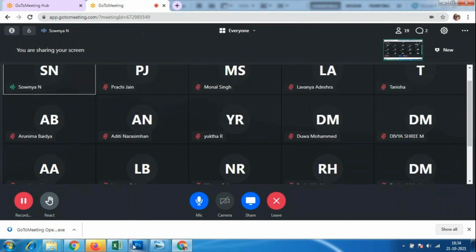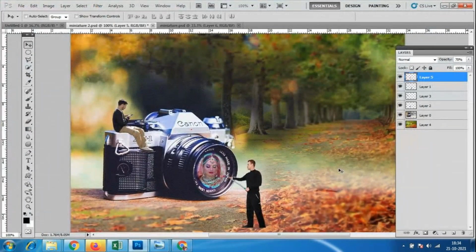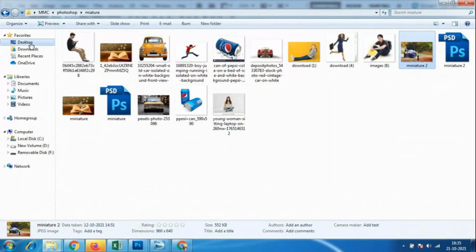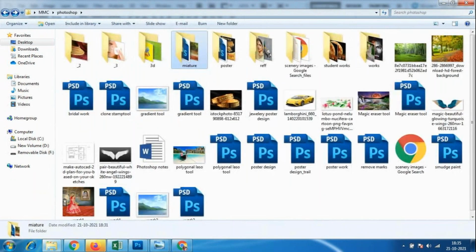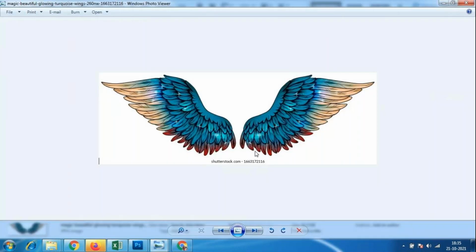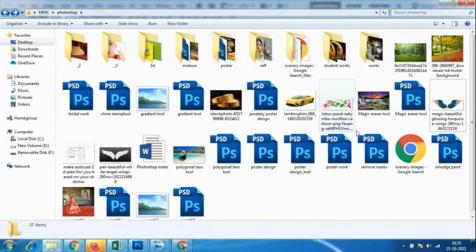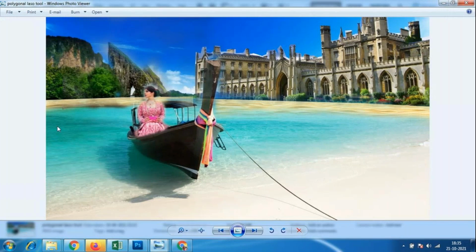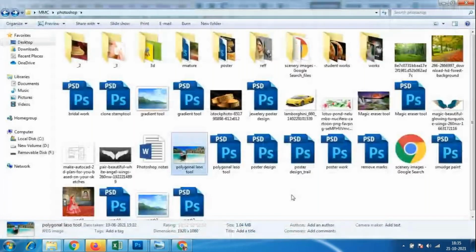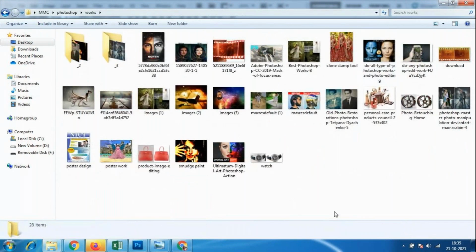So mainly for any of the things we have to do in Photoshop, I have kept the reference images over here. See, I have taken the image which is suitable to all kinds of backgrounds. See, I have kept the bangles image here, and I have kept these wings over here. So if I have to make a collage, I have to make a different kind of background. See, palace over here, the hills and the river. So to make the collage, we have to make different things related to that. We have to add the images. Then only it is possible, right? Otherwise, how will it be possible?